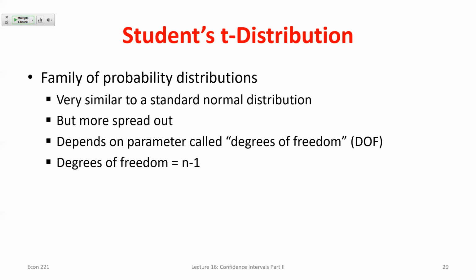Honestly, I do think it'd be a little bit easier if we simply label these by the sample size, but by practice what we do, and this will apply to some of the stuff that we talk about after hypothesis testing this class, we'll have this degrees of freedom. It's related to this idea that we're kind of dividing by n minus 1 here. If you want to think about it that way, it can also be explained as we're